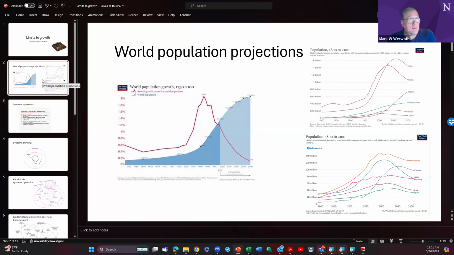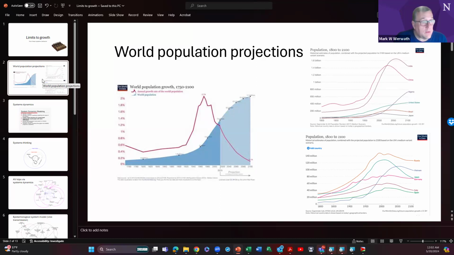India and China are basically peaking. India peaking in around 2050, 2060. China peaking roughly about now. The US never peaks, but it never really grows that dramatically. Brazil peaking in around 2050. Russia and Japan having already peaked somewhere around 2000 or maybe 2005. And Germany, again, peaking in the past tense, as has Italy and Spain. So most of what we consider Western Europe peaked in their population, and they're in decline, right?